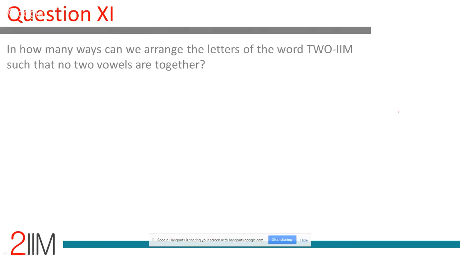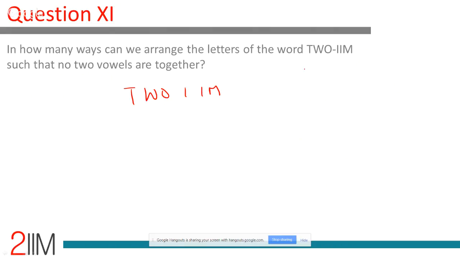In how many ways can we arrange the letters of the word TWO-IIM such that no two vowels are together? I'm going to rush through this. I want to see if we can do 2 more questions. And we've already seen this template. No two vowels should be together. So we're looking at the word